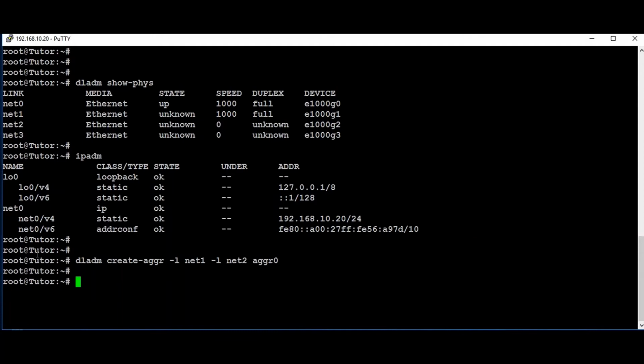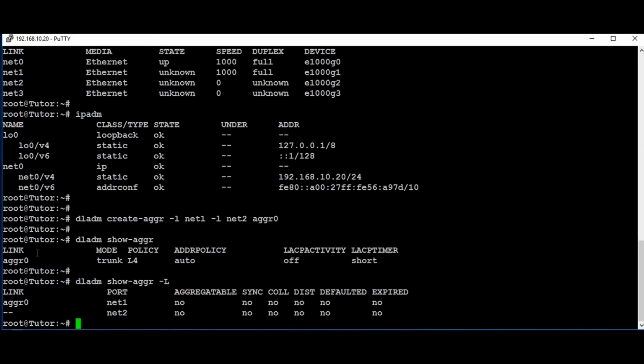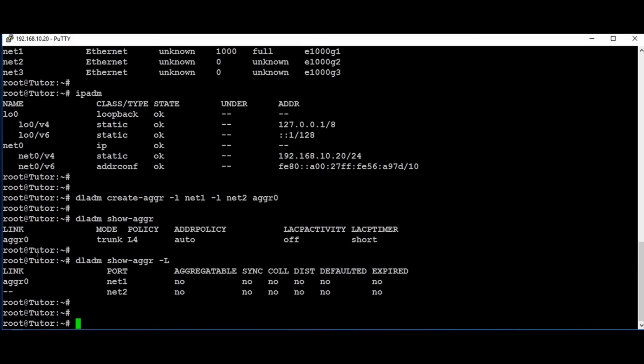We have created the aggregation group, so we can check using the command dladm show-aggr. Yes, it is created now. Using -L, we can check the properties of the aggregation group and the interfaces configured under the aggregation. We can see net1 and net2 are configured in the aggregation.